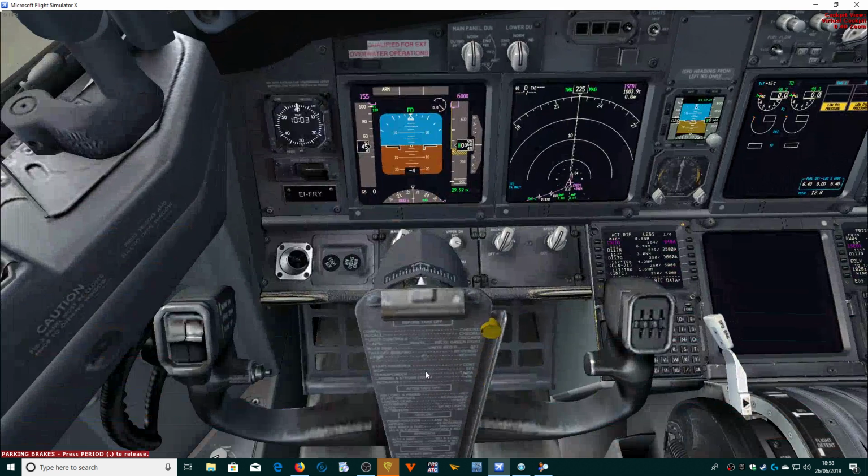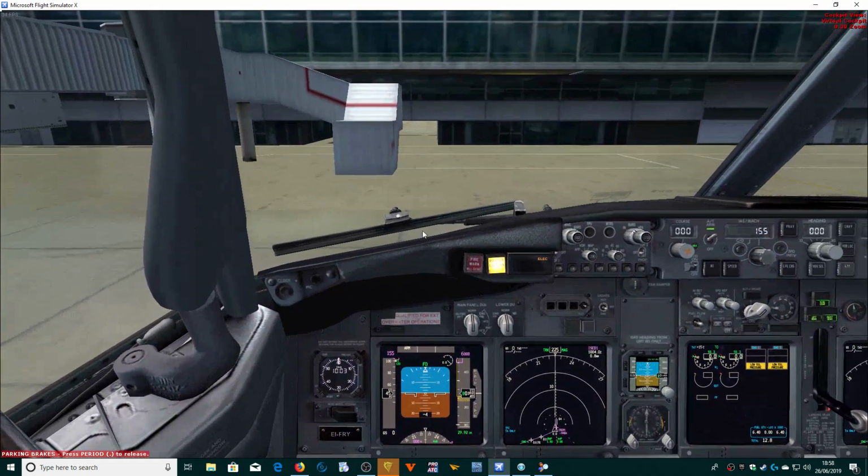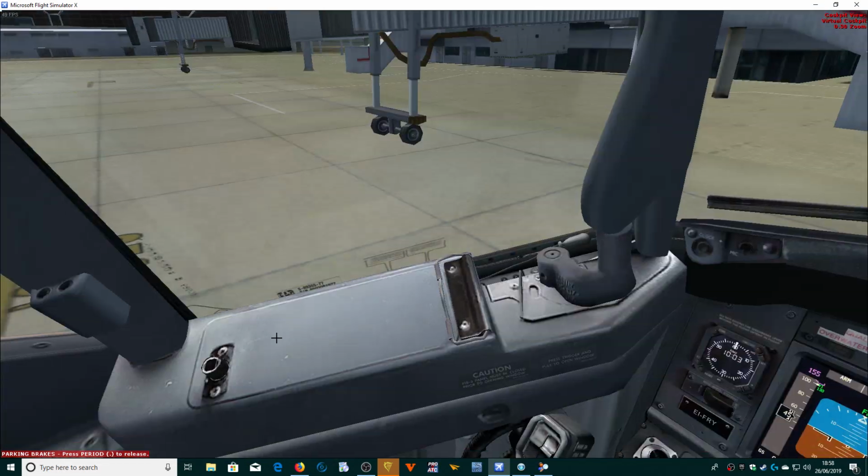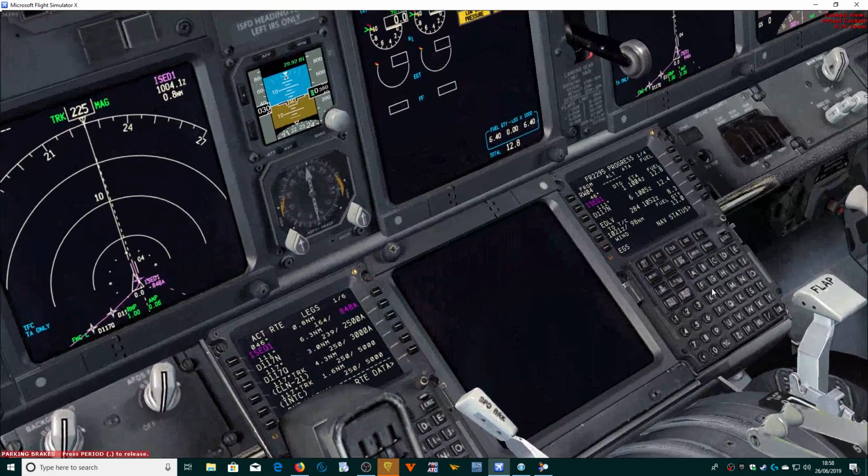Okay, unfortunately, our GSX, I think, has just crashed. Because I just did that, unfortunately. My GSX has crashed. So, I think we'll be doing a normal, just a stand, actually, luckily,